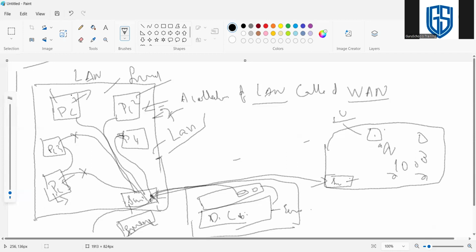We carry the laptop and place it in our workplace, and how do we connect? Using Wi-Fi, right? Nowadays we don't plug in these types of cables. Nowadays we use Wi-Fi connections.